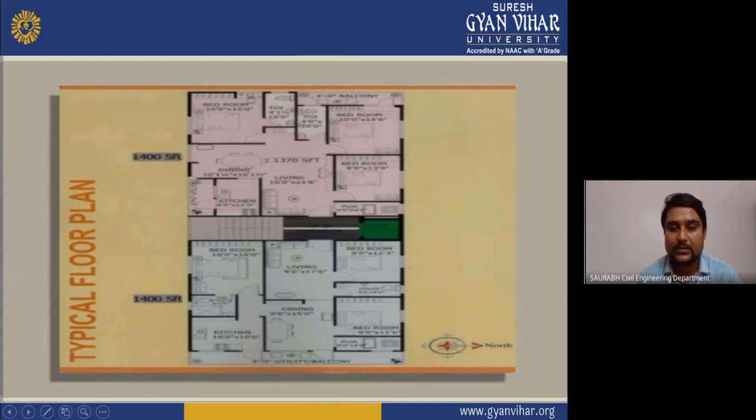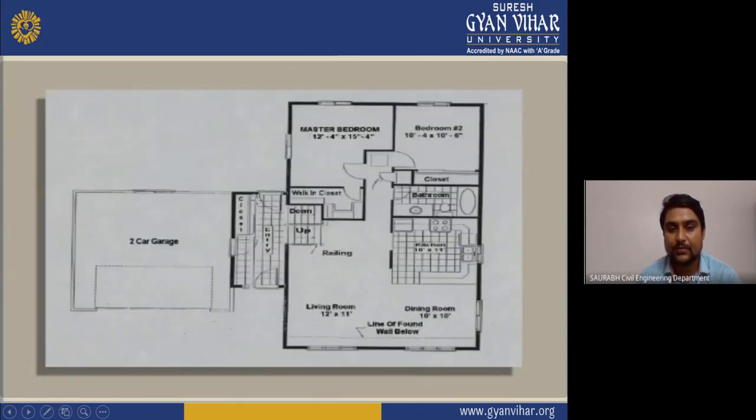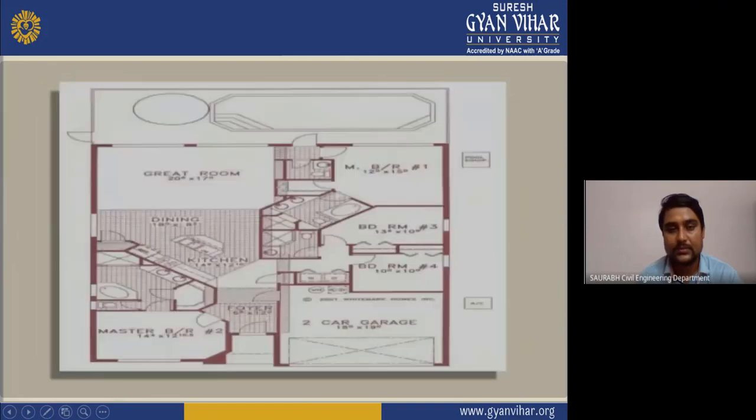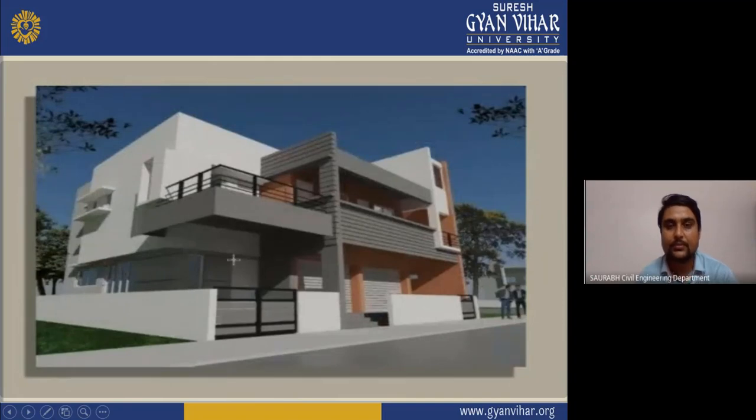Okay. Now you can see this is also a typical floor plan without the image. This is also a typical floor plan, and sizes are also given, like the master bedroom size is given as 12 feet 4 inch by 15 feet 4 inch. So you can see here these are typical floor plans. If you know all these things, this is your 3D model of the building components. All the components are shown here, and this is also made in AutoCAD 3D, so you can understand the importance of these things.